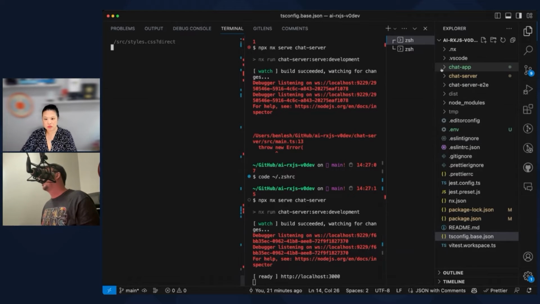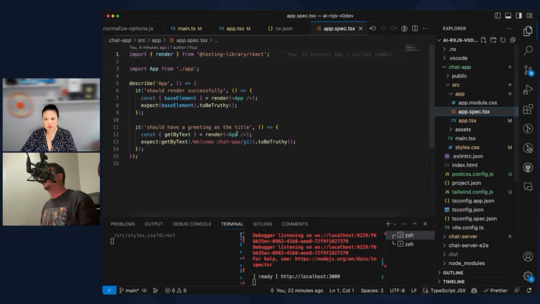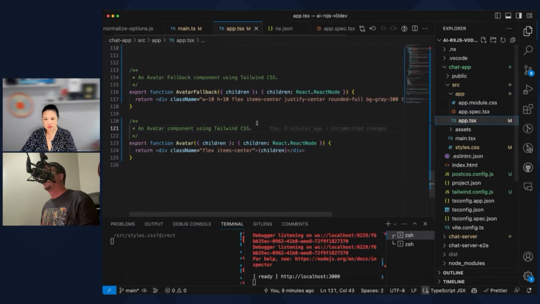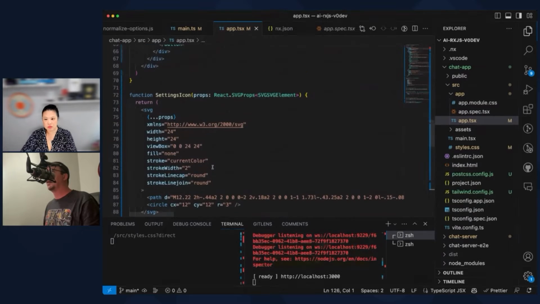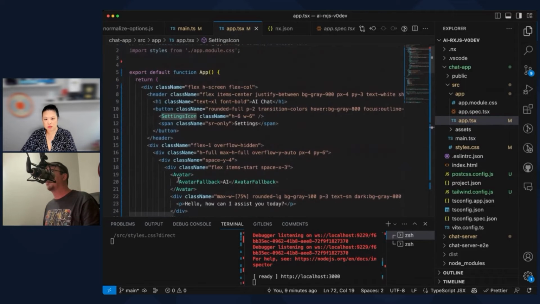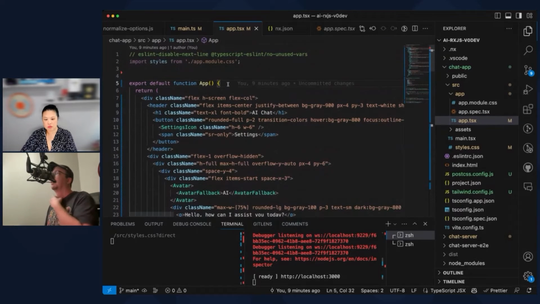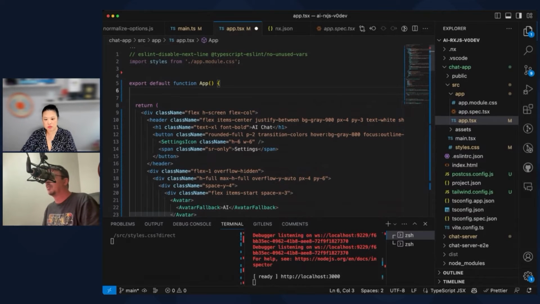Now, back to our chat app, which is here, app here, spec here. This is poorly organized, but I don't really care. We'll clean this up later, but we need to fetch some data. And I'm just going to do it at the app level. I'm not going to use suspense. I'm going to use a useEffect. It's awful. People aren't supposed to do it.